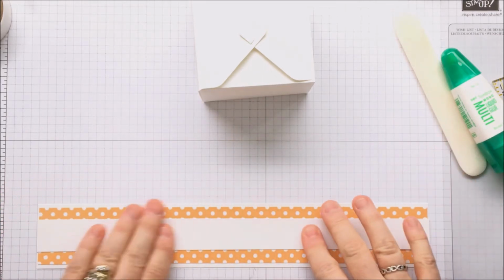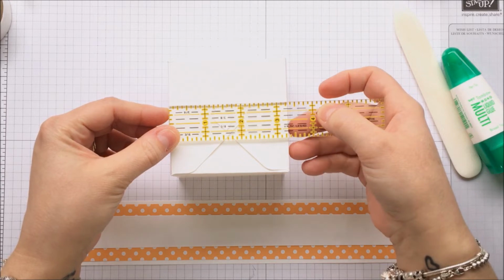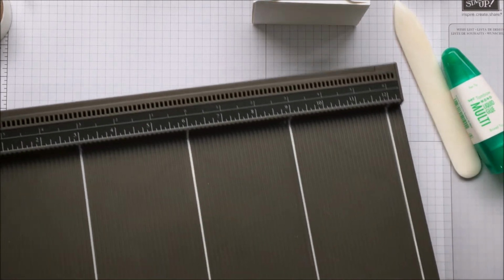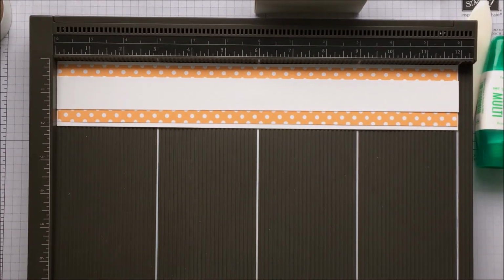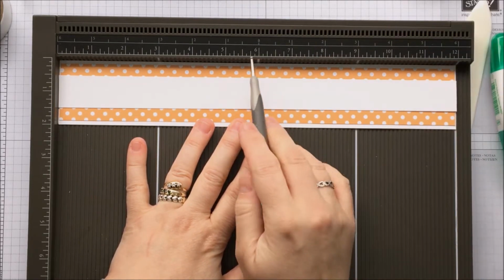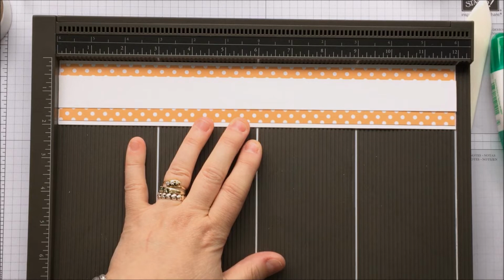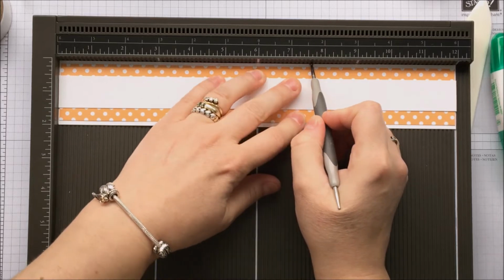Right, so we've now got our 3 strips stuck together in the centre. Nice and easy. Now, as I said to you, the box itself is 3 1/4. So I'm actually going to grab my scoreboard. Put my 3 layers on there, and from the center point, from the 6, I'm going to go outwards on one side by 1 5/8, because that's half of 3 1/4,